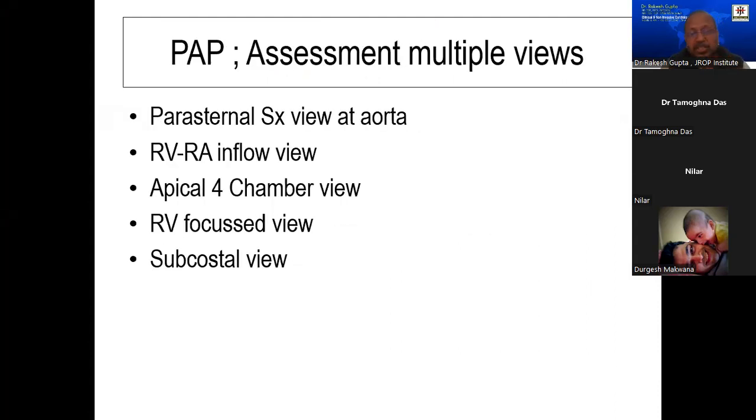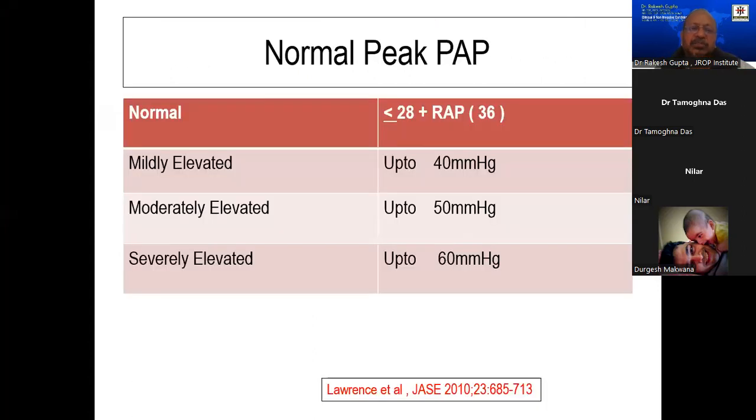Then the next issue comes: where to measure. If you have a patient with COPD or lung conditions, or anywhere we are looking for PA pressures, we have to measure them in all 5 windows. Wherever the maximum PA pressures are seen, we are going to take those pressures over there. And normal PA pressure is less than 28 millimeters of mercury,